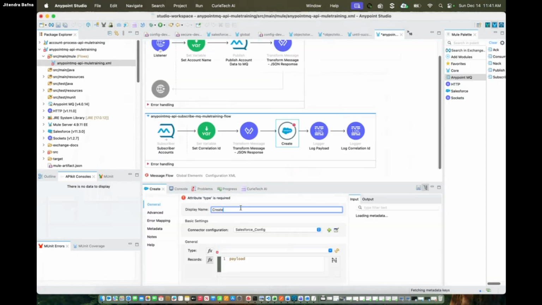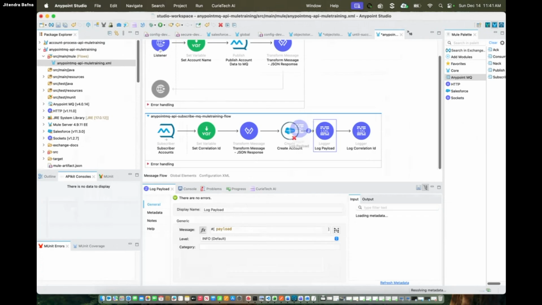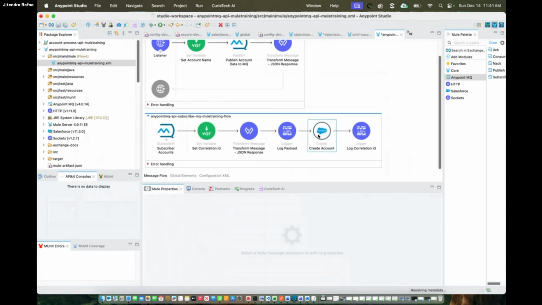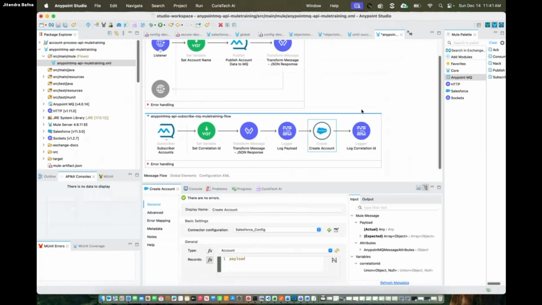Okay, go back to the message flow now. I can just say create account. If you refresh this, it should list all the objects, but I know the object name. I can use Account as my object name. So I'm creating the account, and I want the payload here. Before create account, I want to make sure this account is in an array, and it should be in the Java format. So I can change it here, DW 2.0, and say output